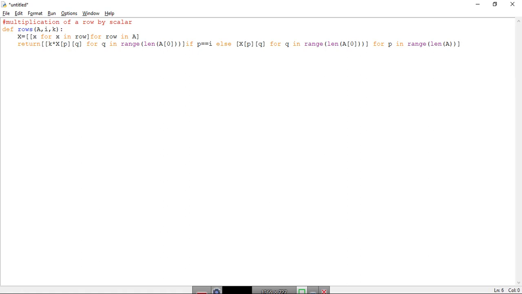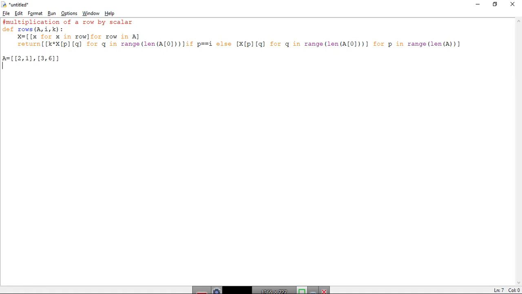Let's give input. Let us take A to be a 2 by 2 matrix with the elements, say, 2 comma 1, and let us take another row 3 comma 6.